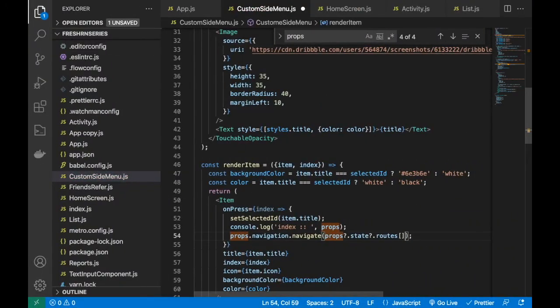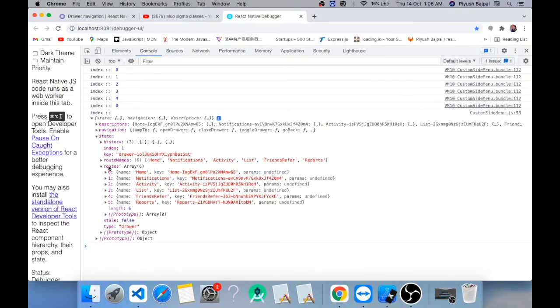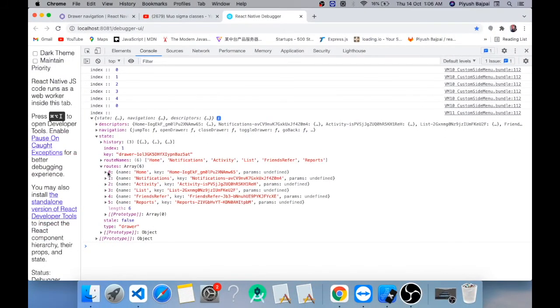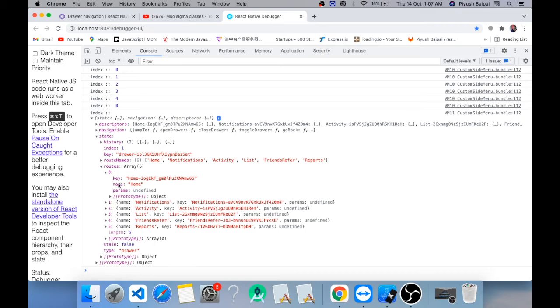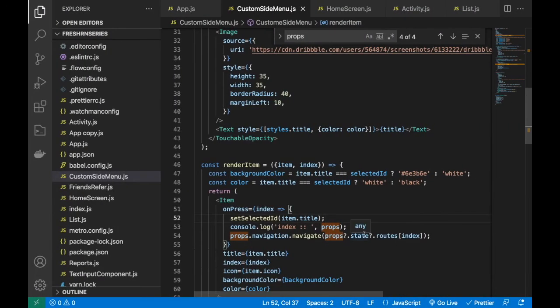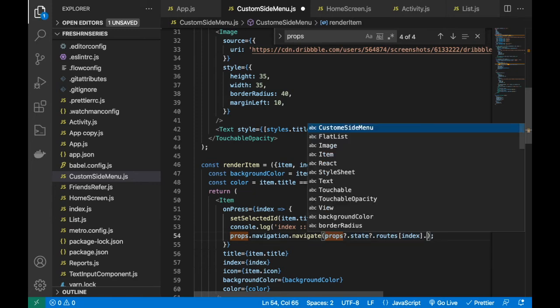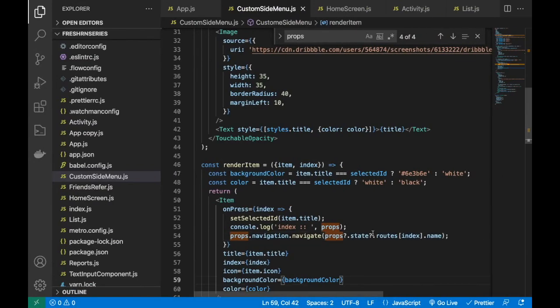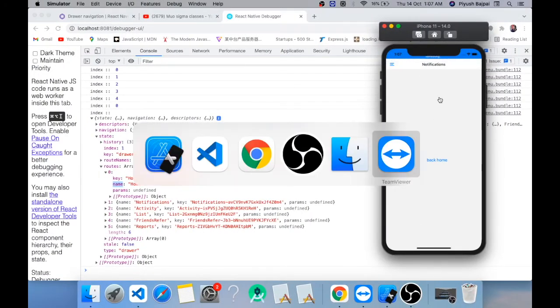Cool. And because routes is an array, I have to just check the value of the particular index. So I'll pass index directly over here. Alright, so at the index I'll get the object. So in the object I have to just access this name, dot name. Got it? That's it, right? I have to just write this. You can destructure it at any place, and then you can use it. Okay, so let me use this.